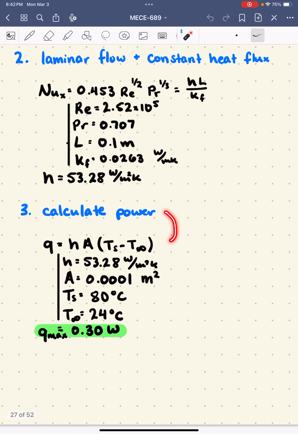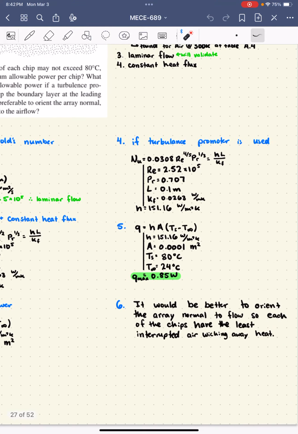And we can calculate the power dissipated using the equation for convection, where I get that Qmax, assuming a surface temperature of the maximum 80 degrees C, is equal to 0.3 watts. Now, if turbulent flow,